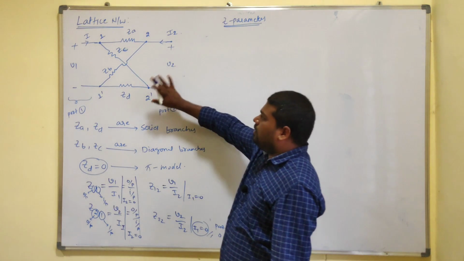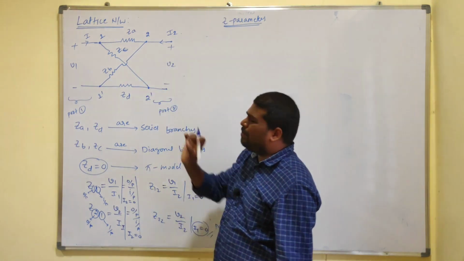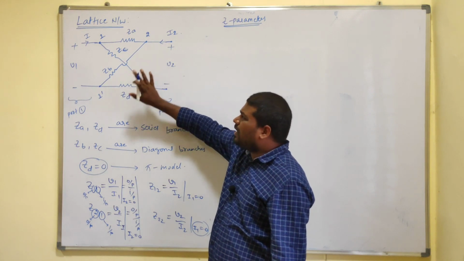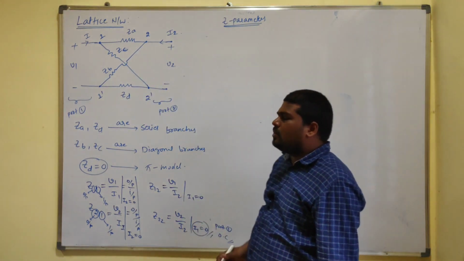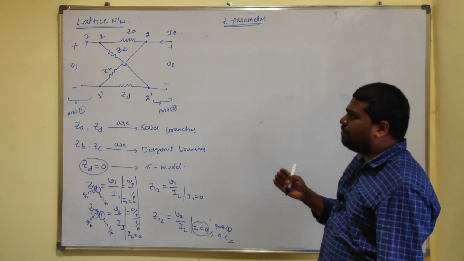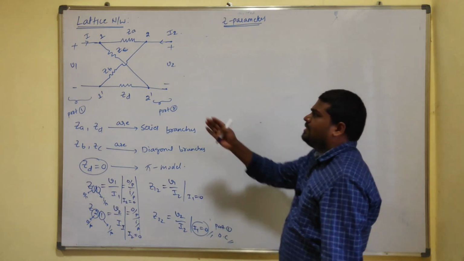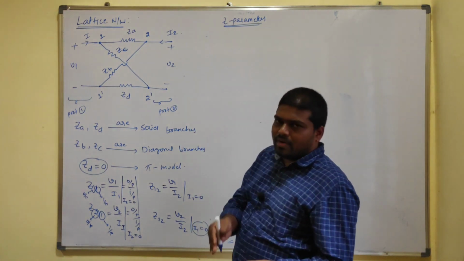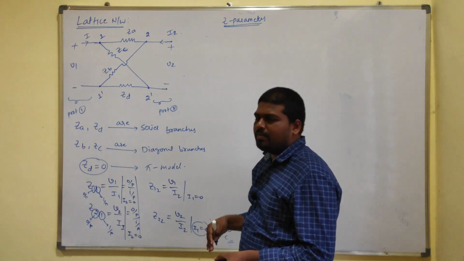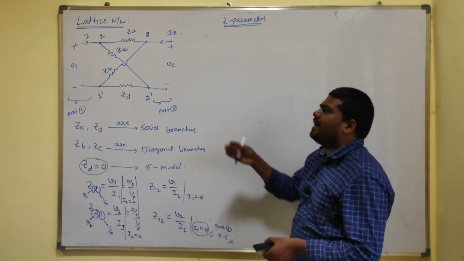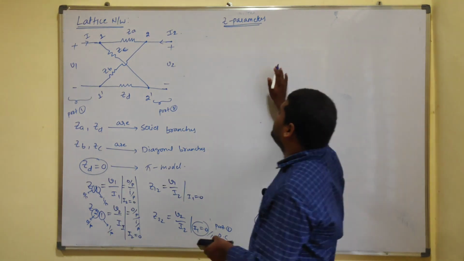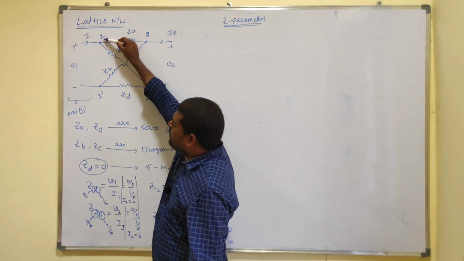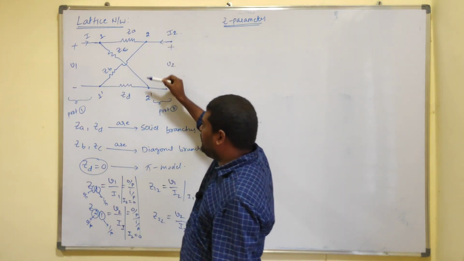Okay, so this circuit is a complicated structure, right? If you look at this circuit, it forms some complexity. To make it simpler, we need to convert it into two parts: one with respect to port 1 and another with respect to port 2. Assume here we have a total of 4 terminals: 1, 1 dash, 2 and 2 dash.